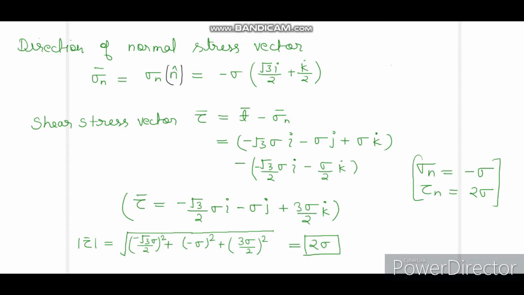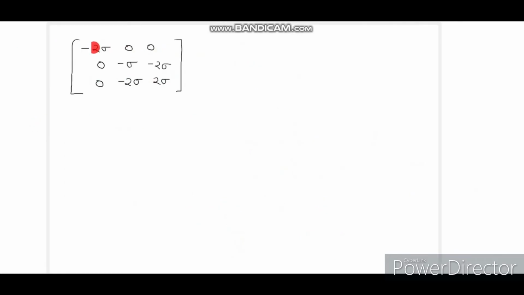Now for the second part, we have the stress matrix, the stress tensor like this, that is T equals, given with all elements. Now the principal stresses are those stresses in the three principal directions such that there is no shear stress acting on any plane. It means at this point the orientation of the cube is such that only normal stress exists on these three principal directions and no shear stress acts on any plane.